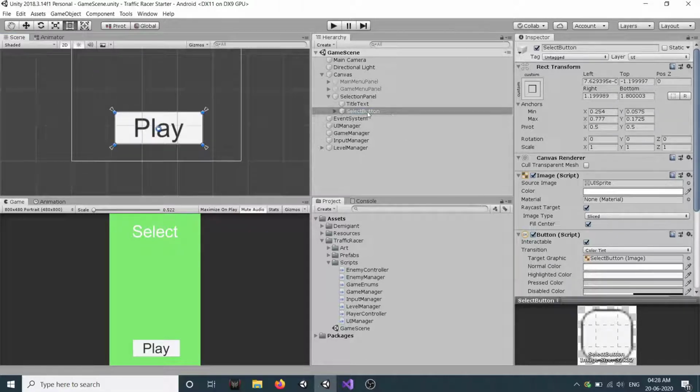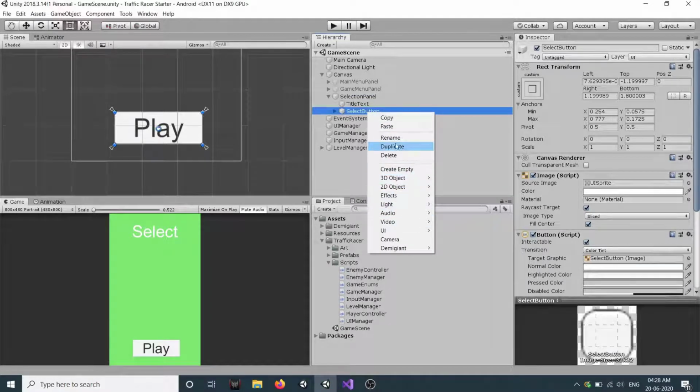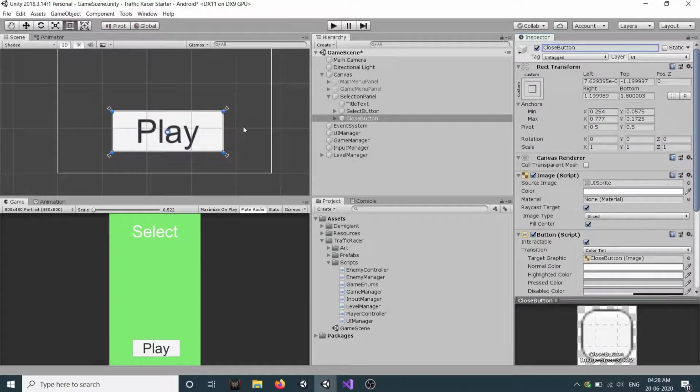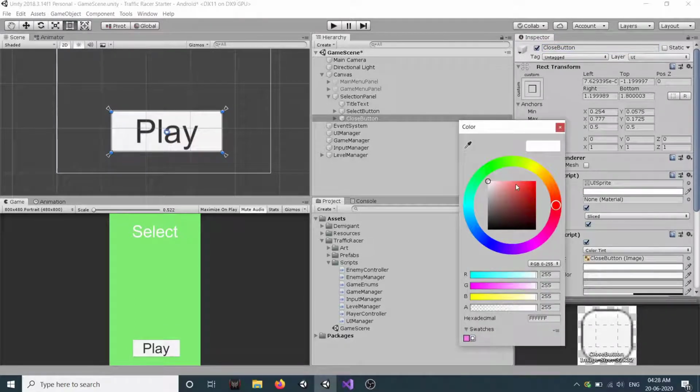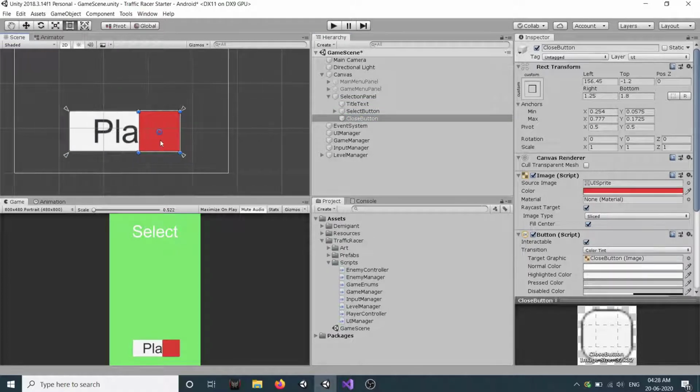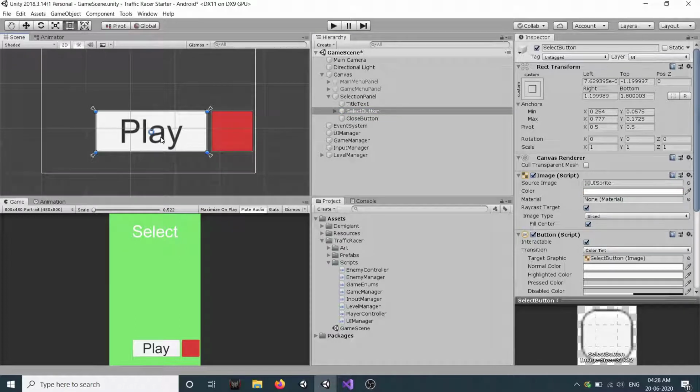We need one more button, so just right click and duplicate this one, we'll call this close button. Let's make the sprite red. Instead of text we will have an image in it, so first we will just resize it and we will move it here, and let's move our select button to the left.